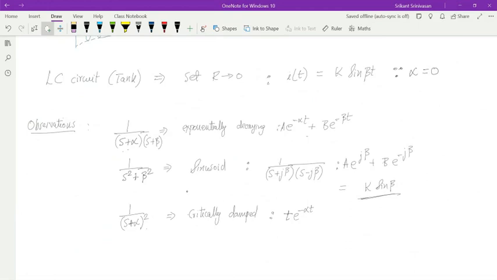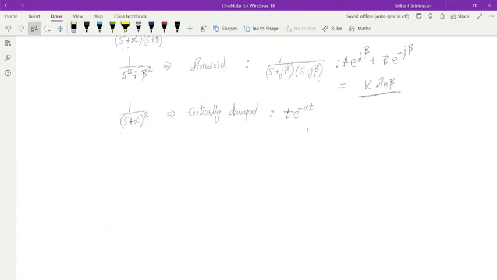Okay? So that's the part you have to be careful of. You should not think that if alpha is equal to beta, then from this equation I can say that I have 2 times e power minus alpha t. It's not 2, it is t times. So this point is quite important, you have to keep in mind. And then if you have s square plus beta square, then you can resolve it as a complex function, s plus j beta. You get complex exponentials, and when you solve them, usually what you end up having is some sine beta t or some cos beta t. Okay. So these are the different kinds of functions.